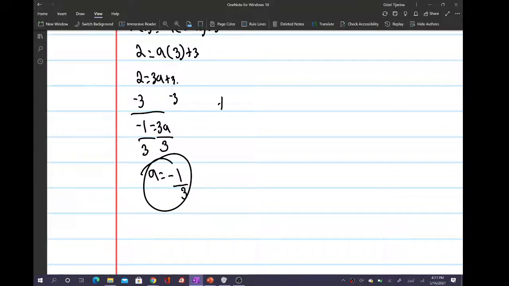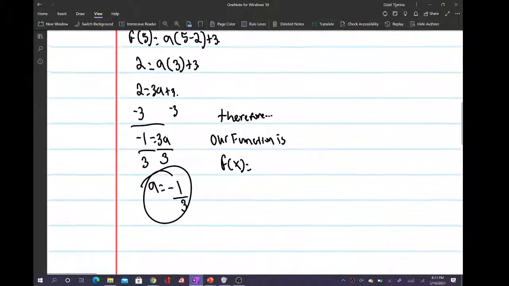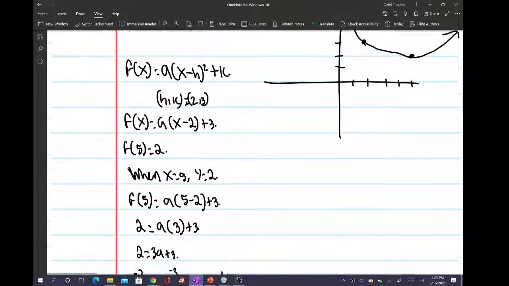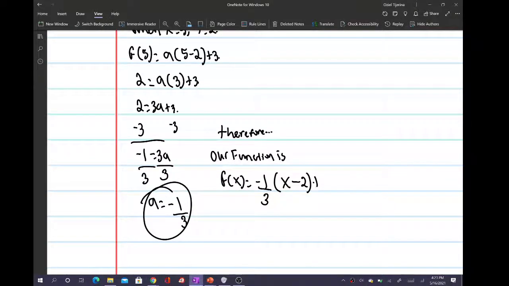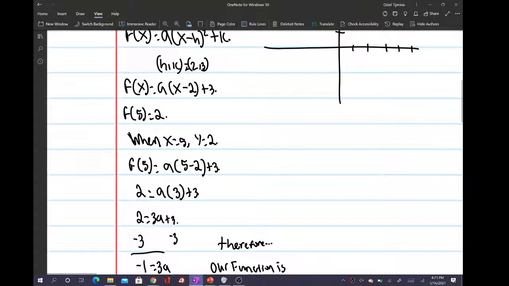So therefore, our function is f of x equals, and we have our a values, so in vertex form it would be negative 1/3 times the quantity x minus, and we have our h value, that's 2 plus 3. And you can verify this. Oh, and it's going to be squared, by the way. I know that I put it's squared